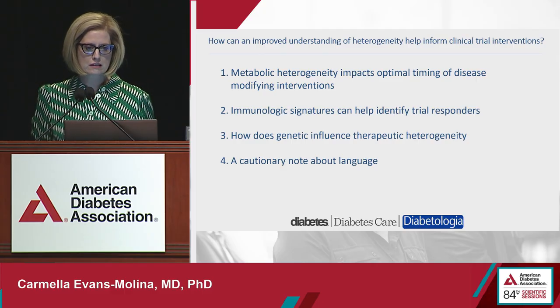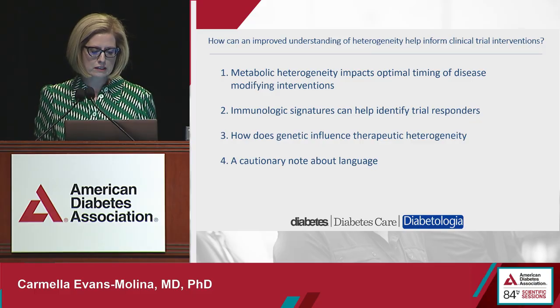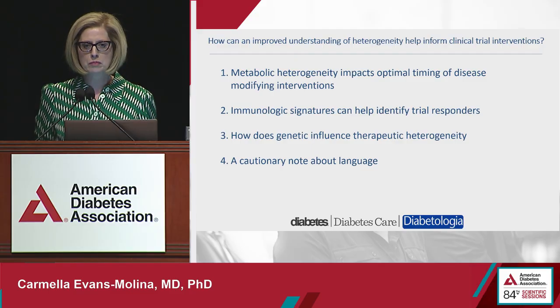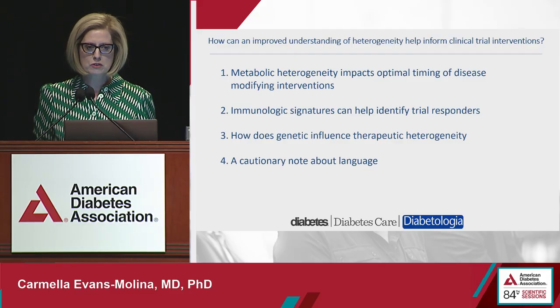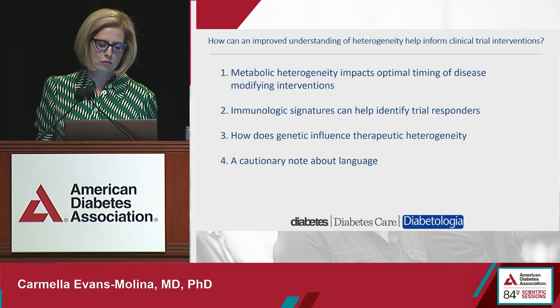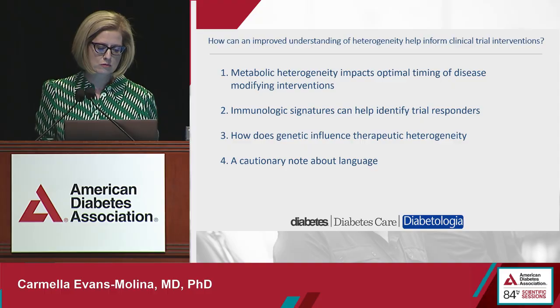Certainly, Maria has hinted at the impacts of metabolic heterogeneity during disease progression, and I think that this has really important implications in our trial design. It's likely that baseline immune signatures can help us identify people who are potentially primed to respond to disease-modifying therapy. I won't talk about that so much in my short presentation, but what I will discuss are some really exciting